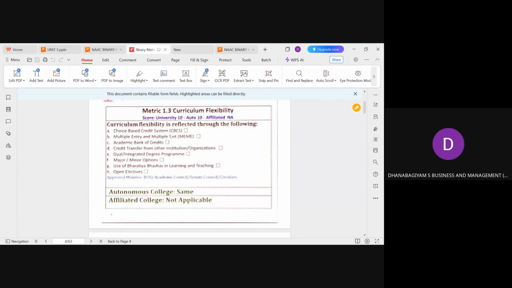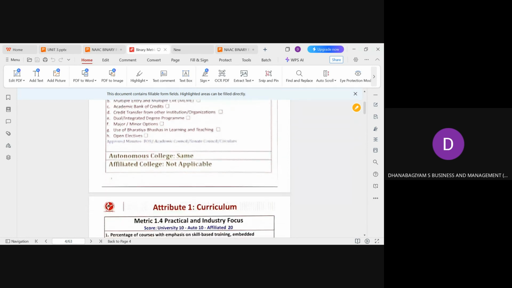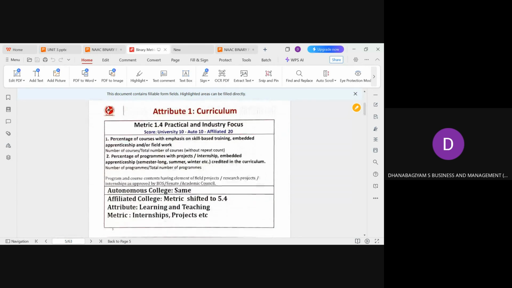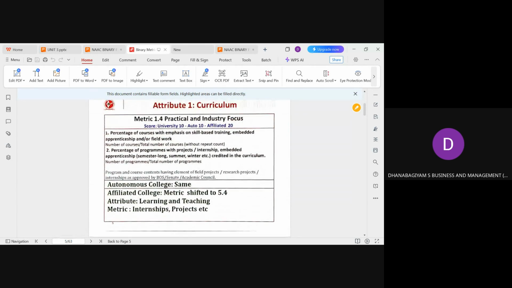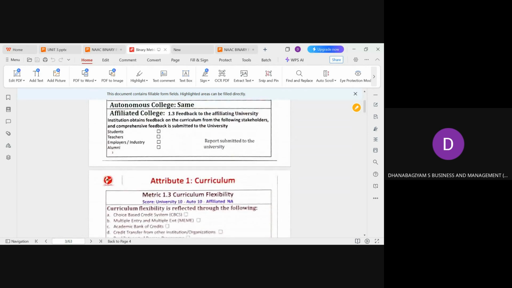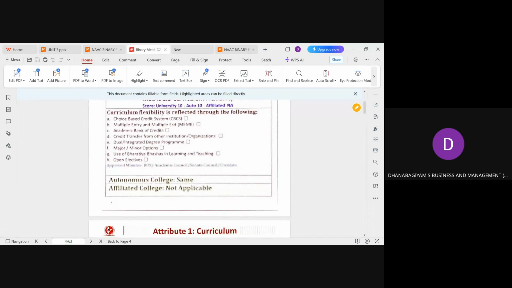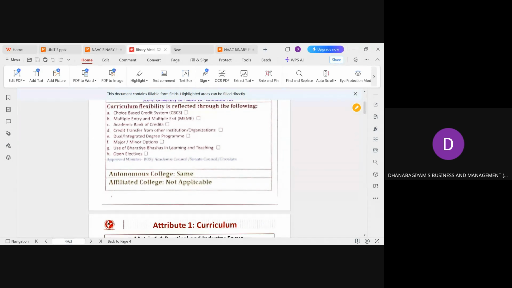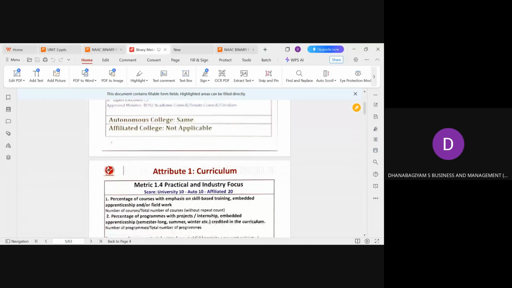And similarly, we can go for a choice-based credit system. This is related to the credit system. Unless we are a university, it is very difficult if we are an affiliated institution. If it is a university, it is up to us. We can have our open elective courses, IDC courses, MDC; it is within us. But when it goes under affiliated colleges, it is quite difficult to frame the syllabus.